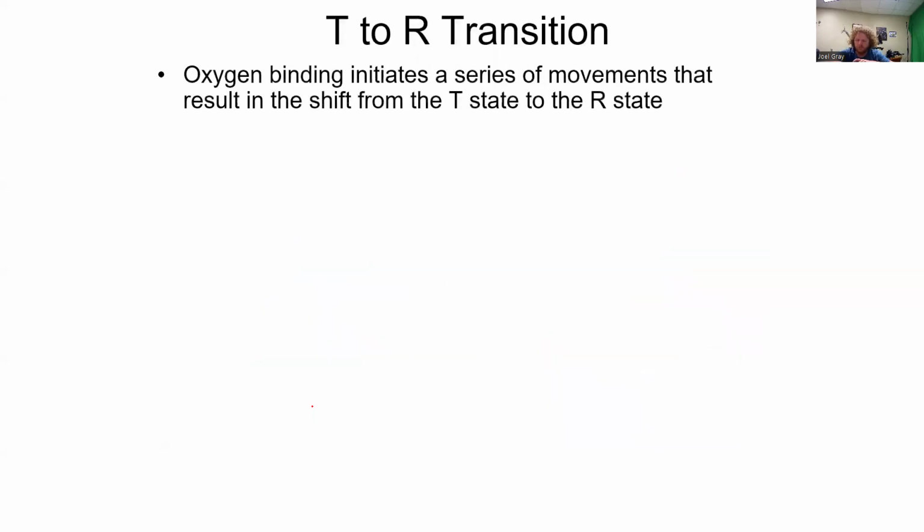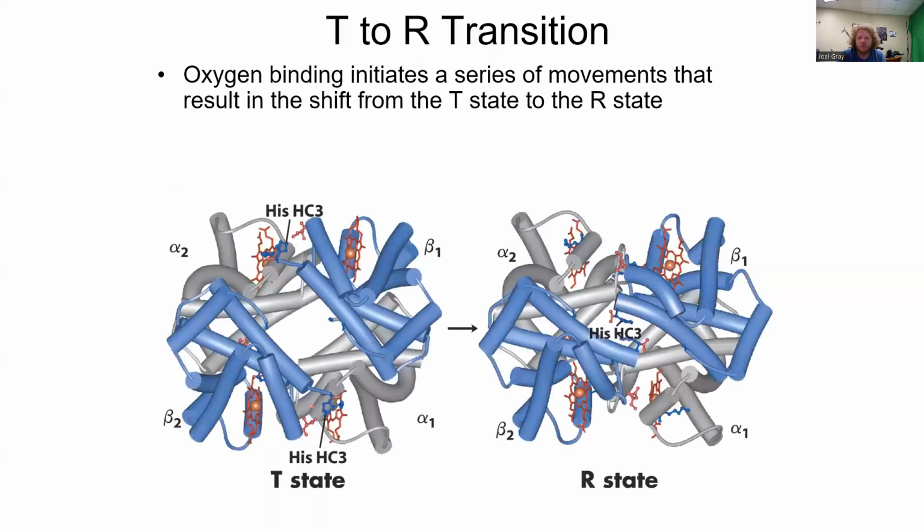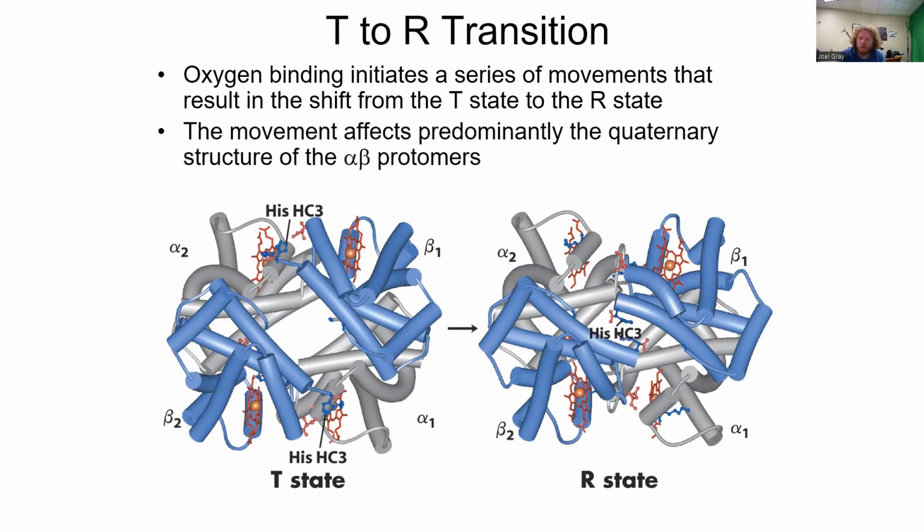So I'm going to move past this one, but the T to R transition, oxygen binding initiates a series of movements that result in the shift from the T to the R state. So some of those interactions that we established previously, they get disrupted or rearranged. And ultimately, we get a movement from what's shown on the left-hand side to the right-hand side. I think that this model illustrates that central cavity closing in a little bit better because the proteins are next to one another and they're the same color. The movement is going to affect predominantly the quaternary structure of the alpha beta protomers